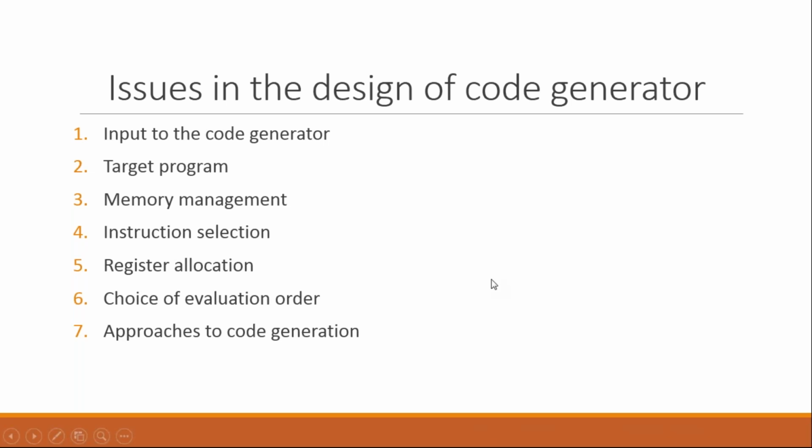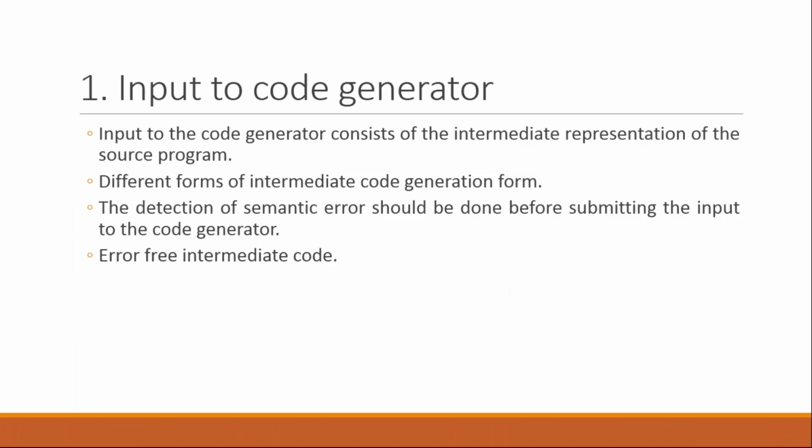Now, input to the code generation: as we have discussed, the intermediate optimized code is the input of your code generation phase, right? There must be different types of forms. We can say there are different types of forms of intermediate code: postfix notation, quadruple table, triple table, indirect triple table, or we can conclude it as a 3-address code generation technique, right? Then a syntax tree methodology, as well as a directed acyclic graph technique, and the last method.